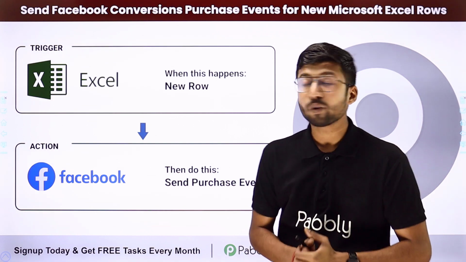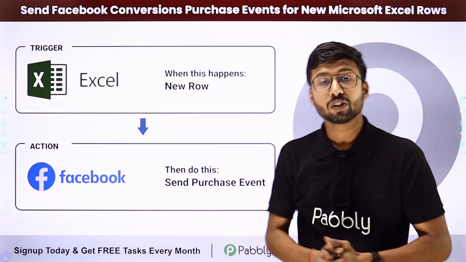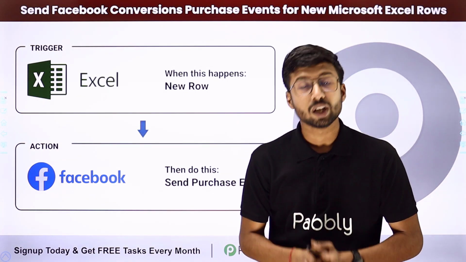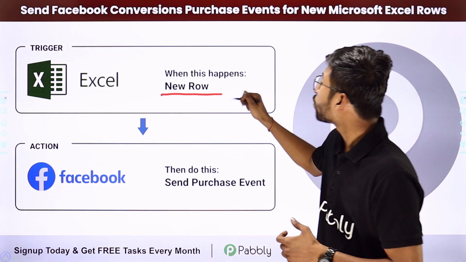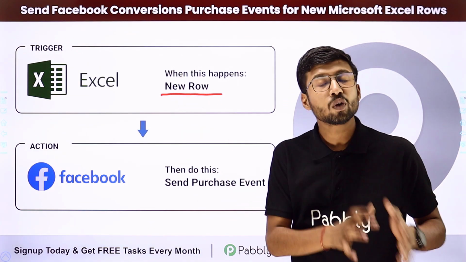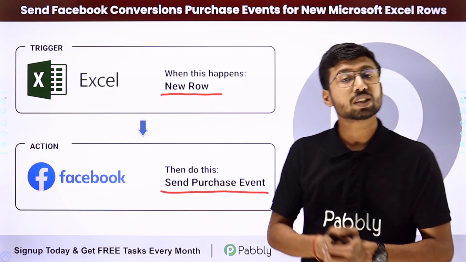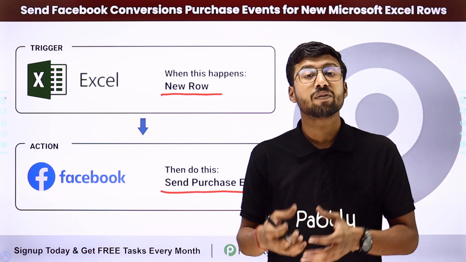So in this video, we are going to learn how to send Facebook conversion purchase events for new Microsoft Excel row. Now guys, if you are running some Facebook ads, this automation is going to help you a lot. Using this automation, whenever you add a new row of data of a new purchase, of a new sale in your Microsoft Excel sheet, you can send that exact same data to Facebook conversion API as a purchase event, so that using that data, you can optimize your Facebook ad and send the conversion details back